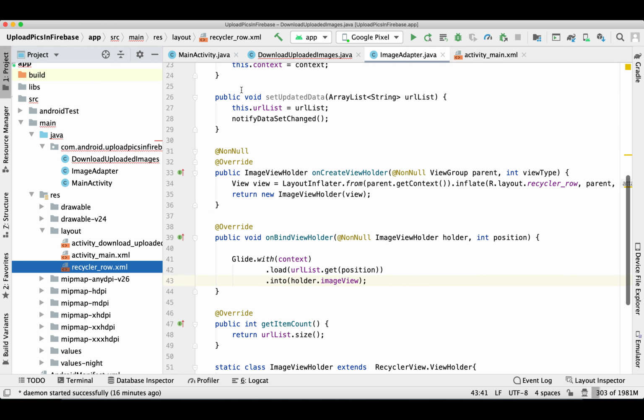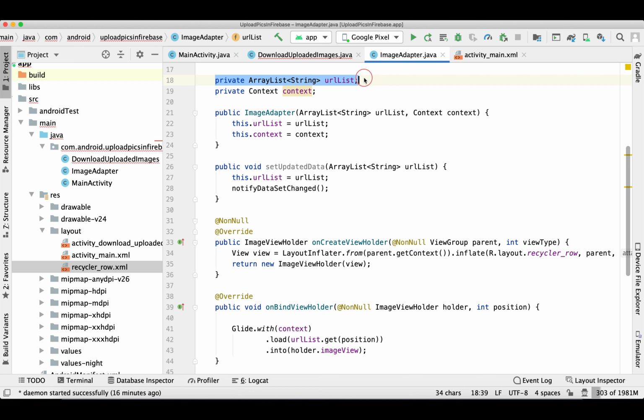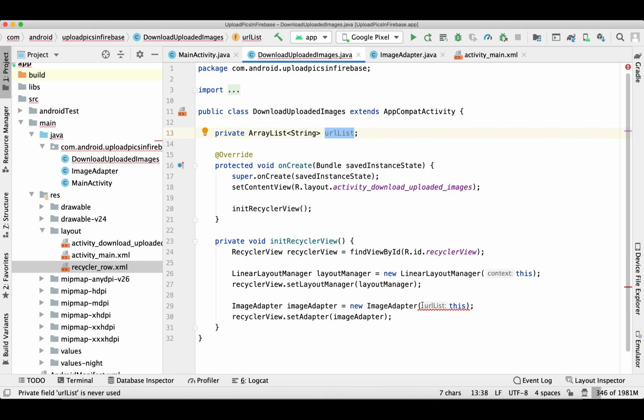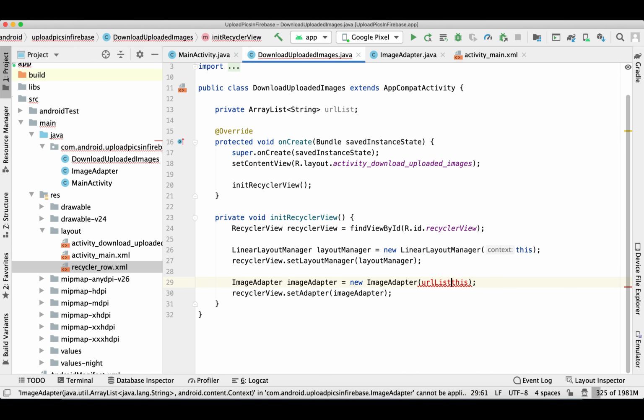Since this adapter needs two parameters in the constructor, we need to get the URLs in the array list. So we'll pass it first.